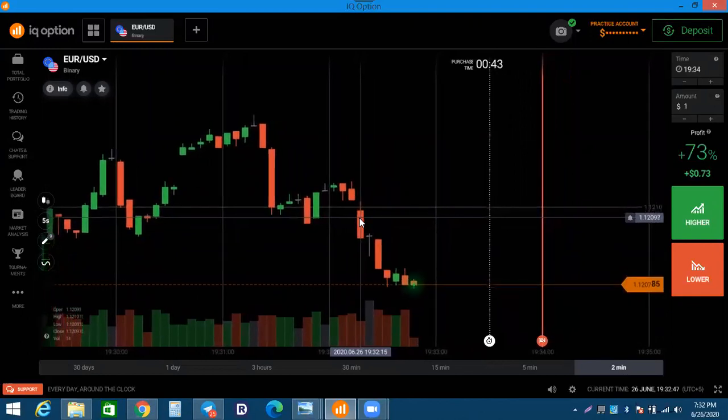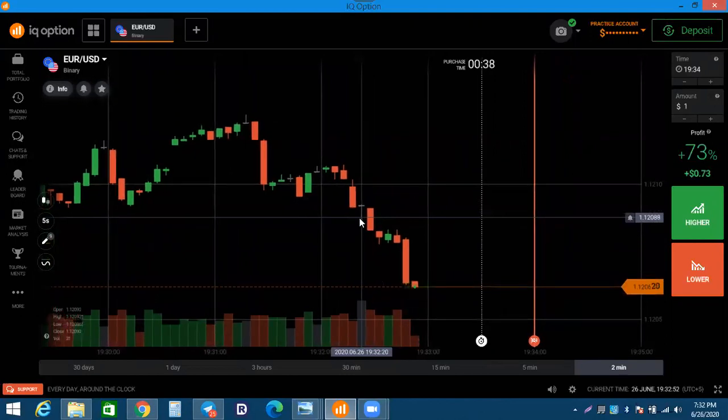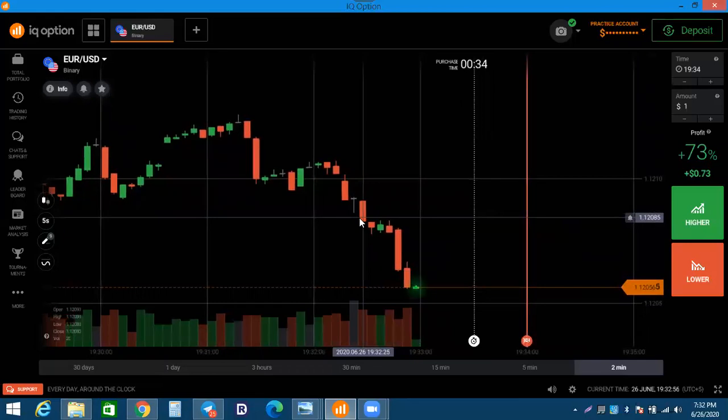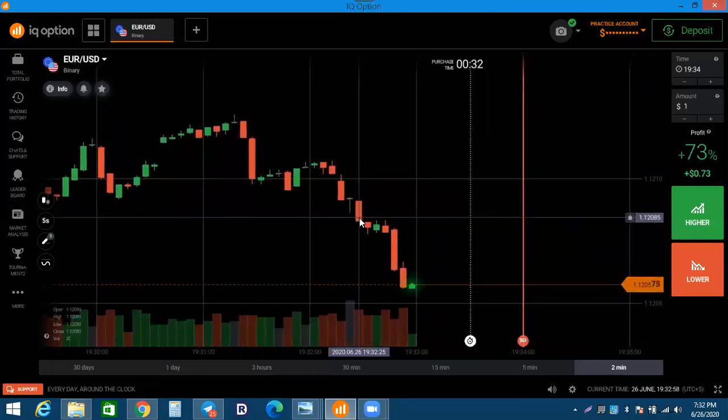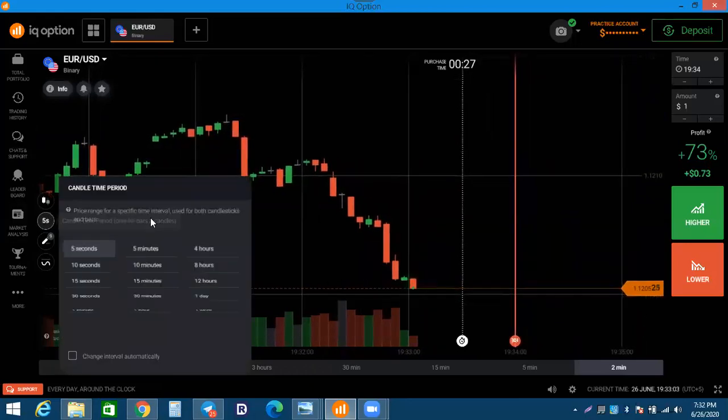So what is the main benefit of analyzing the volume? Why are we analyzing the volume? Why are we not just taking trades on the price action? So there is one thing here. On the volume analysis,